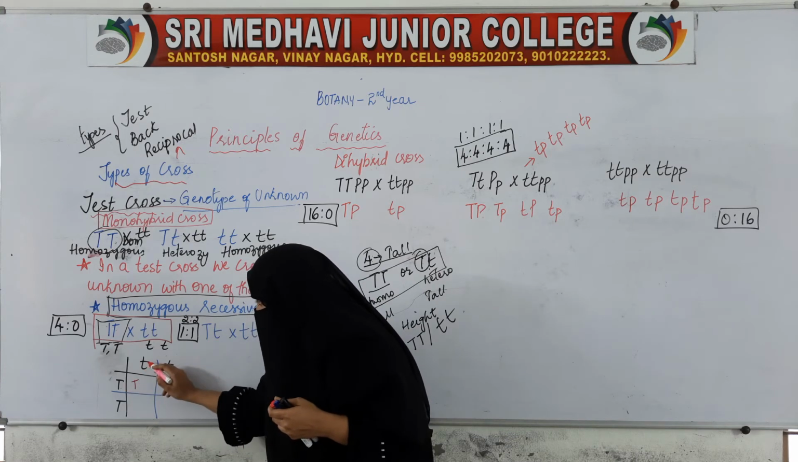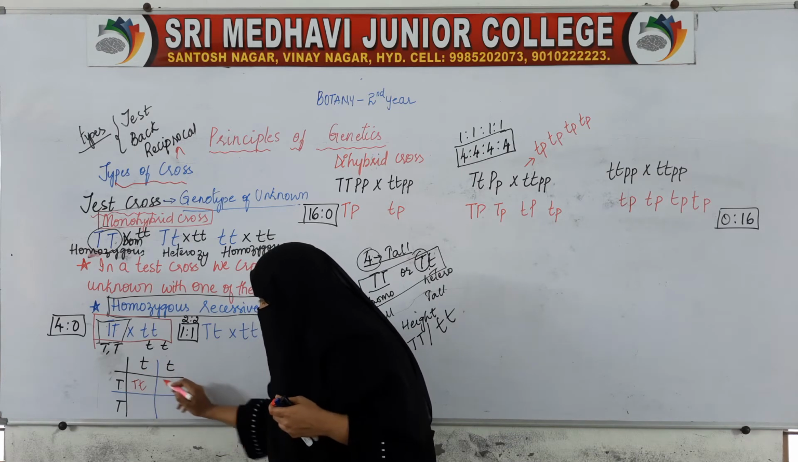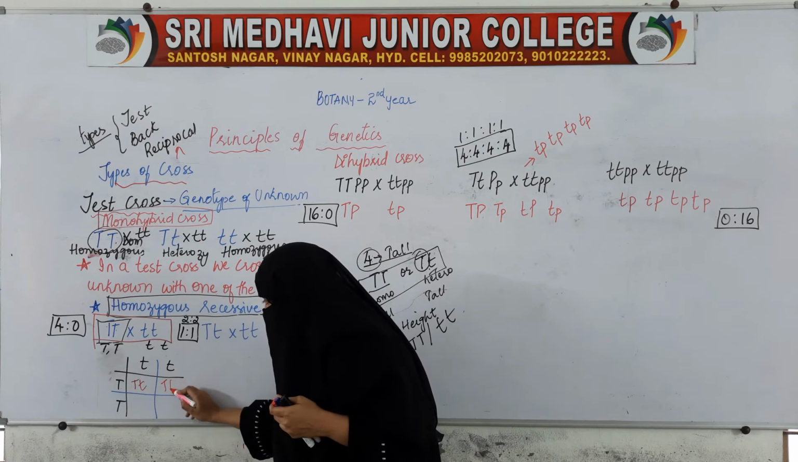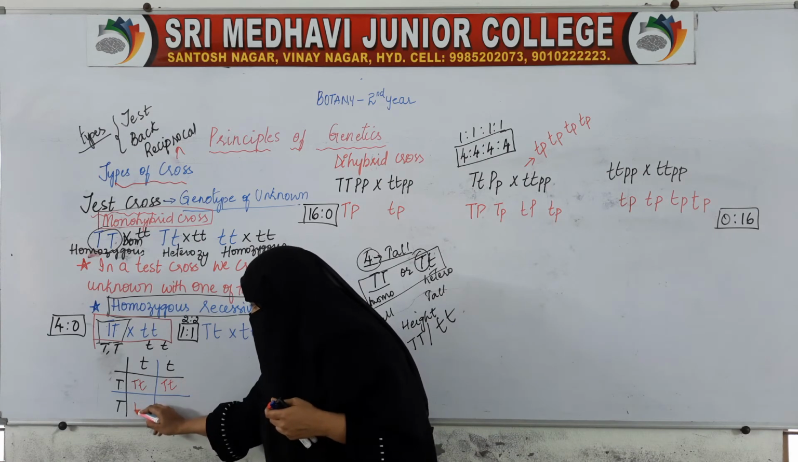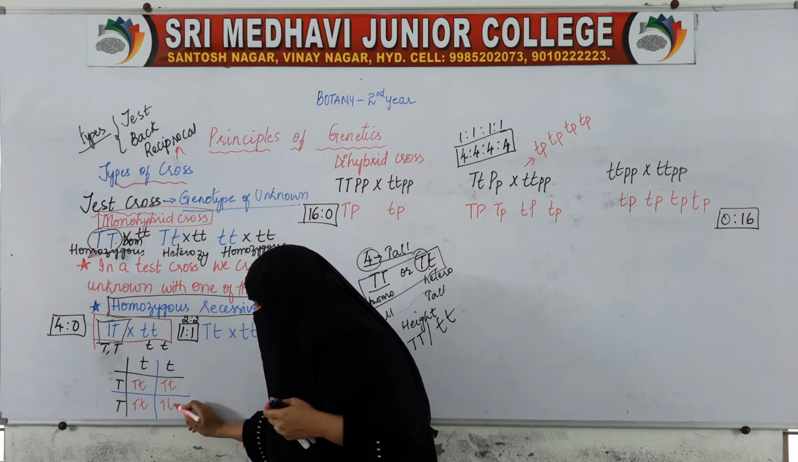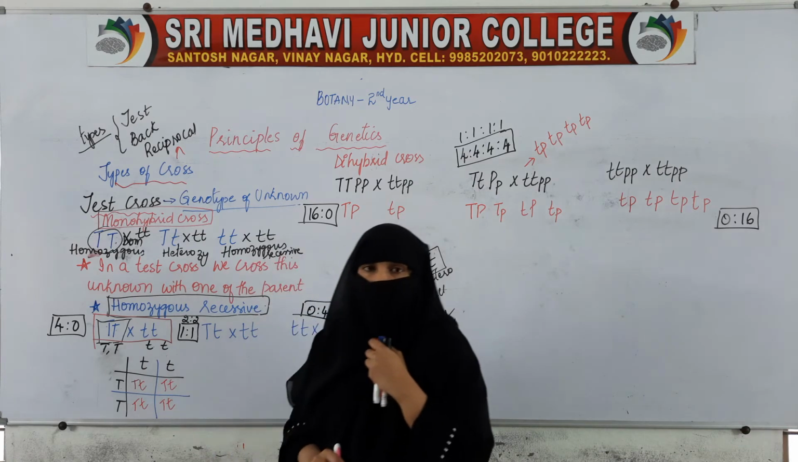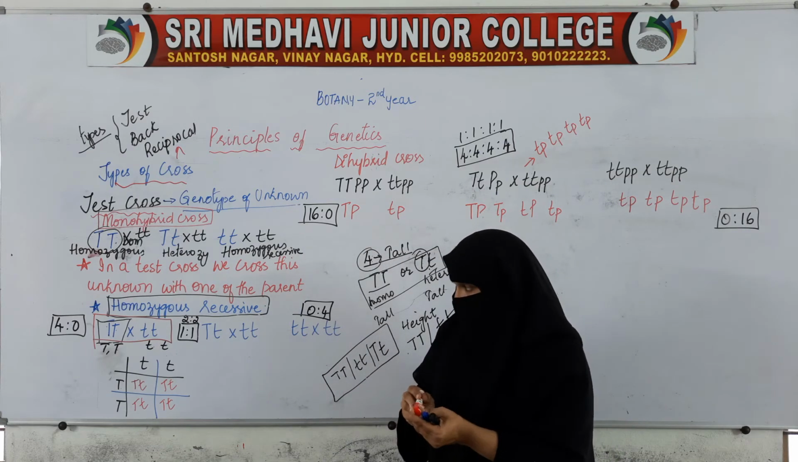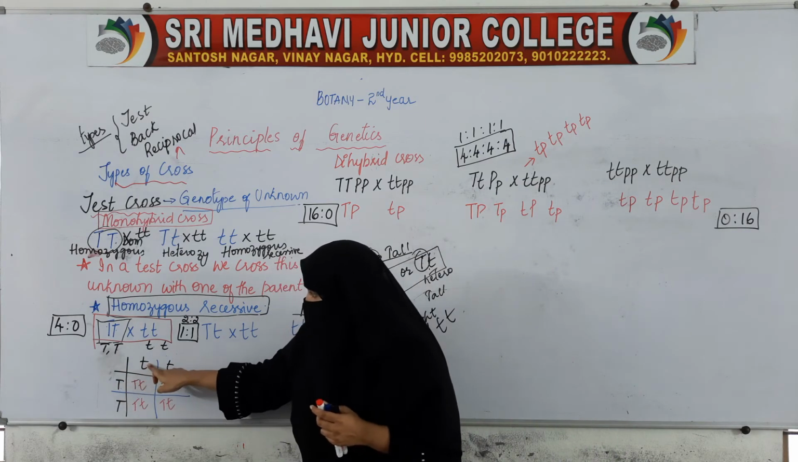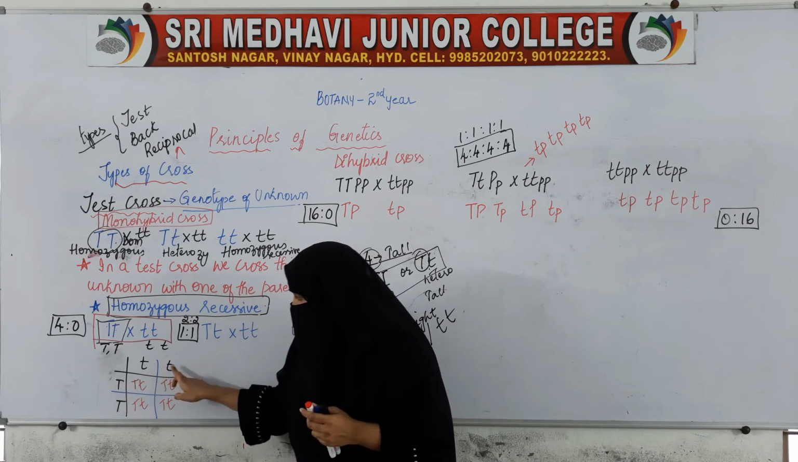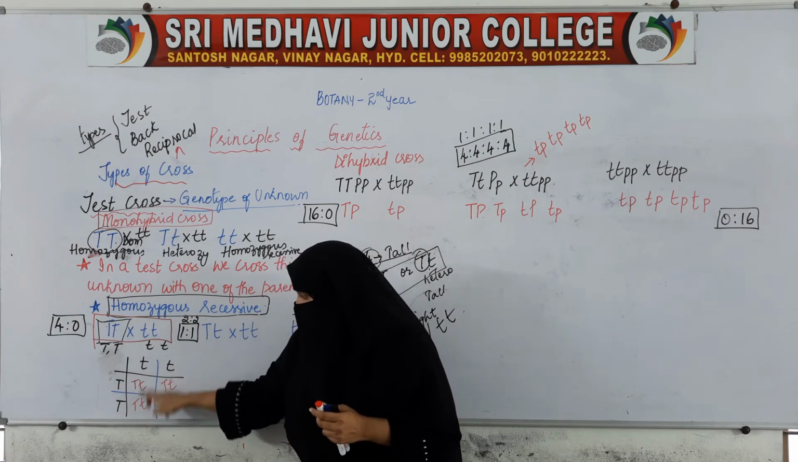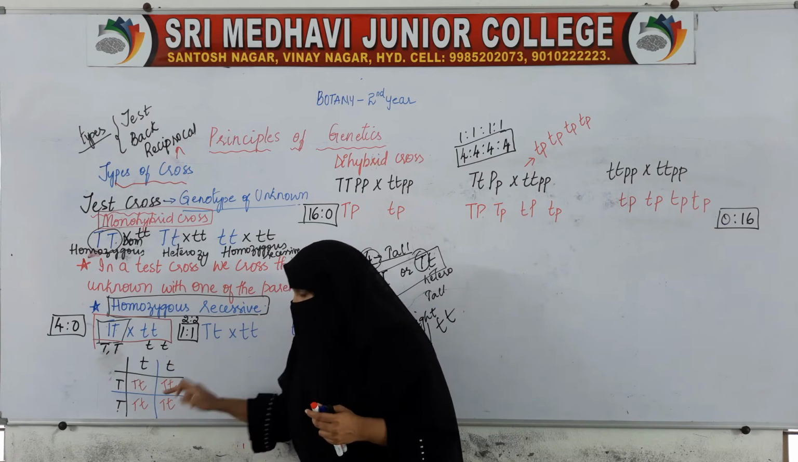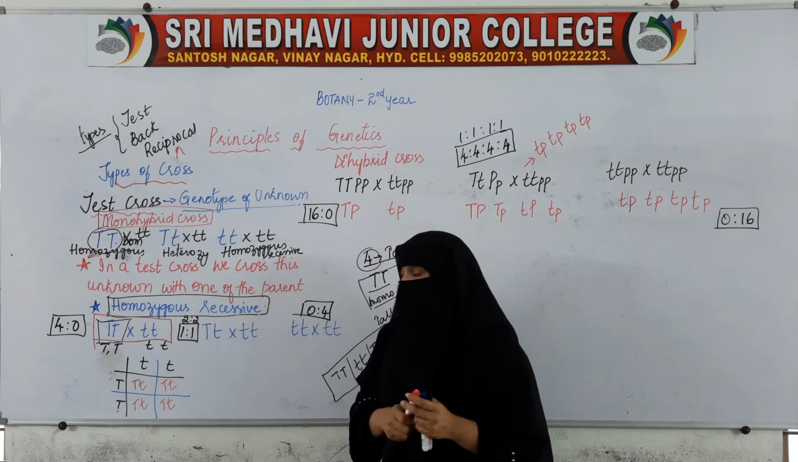Capital T and small t. Here capital T, small t. Here capital T, small t. Then again capital T, small t. How are we getting this? This t with this t, this t with this t, this t with this t. So what we have got, the ratio is